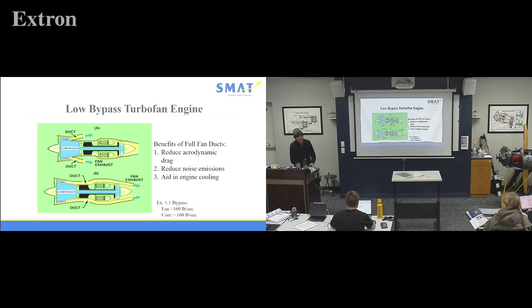And on these, on turbofans, think of it as a giant vacuum cleaner, sucking up all the air it possibly can. And when we talk about engines, jet engines, turbine engines, air is